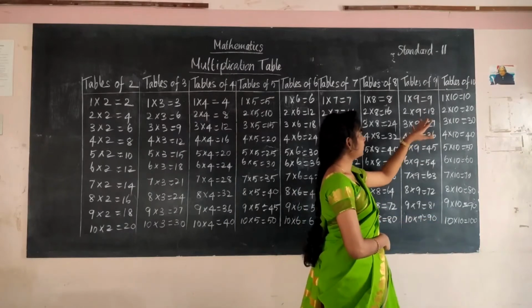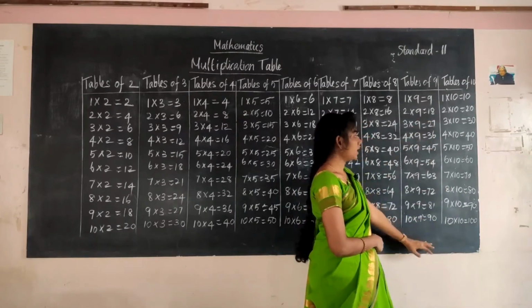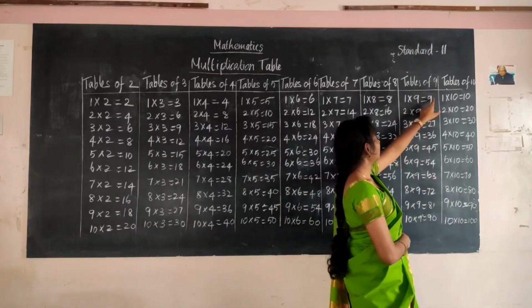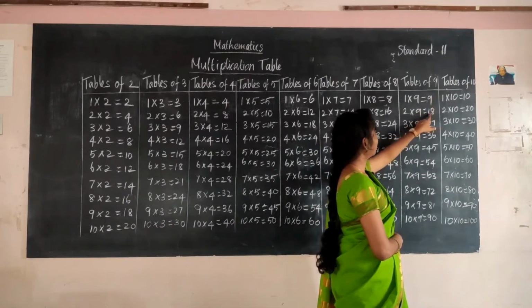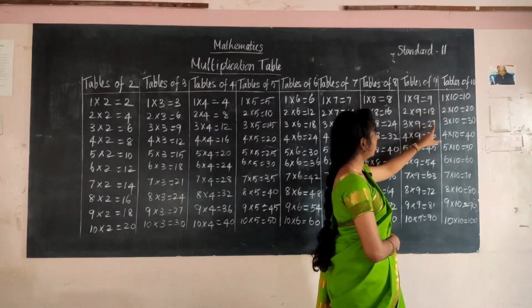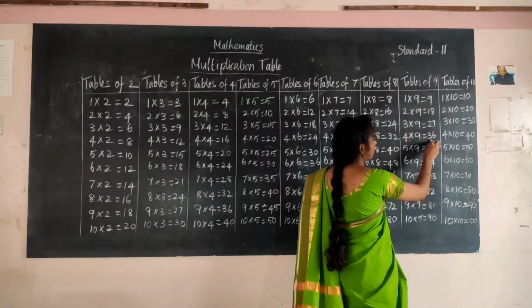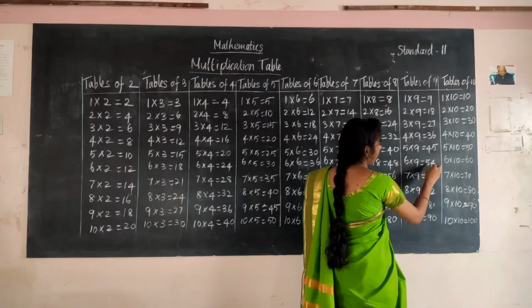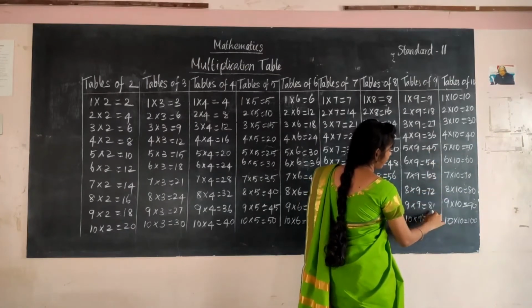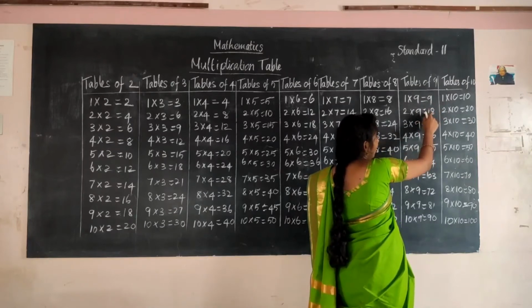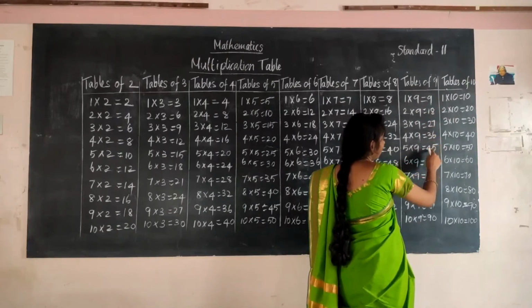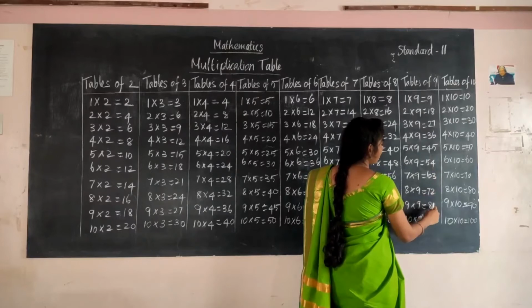And in the 9th table, there is another simple way. See, first write the numbers, leaving the first place. First leave it, and then write the first number alone, 1, and next 2, and here 3, and next 4, 5, 6, 7, 8, 9. First we have to leave this place alone. Start from the second one. Write 1 alone. Then 2, 3, 4, 5, 6, 7, 8, 9.